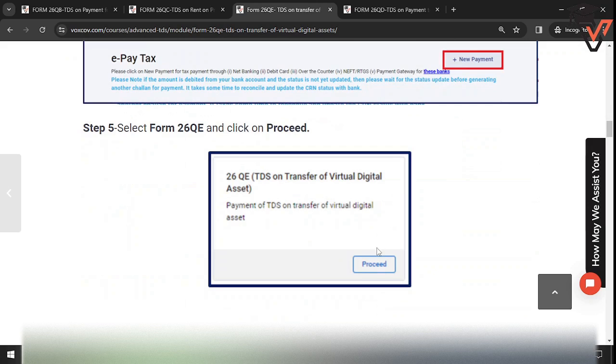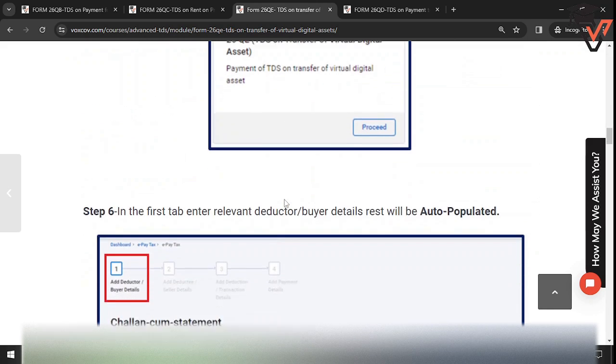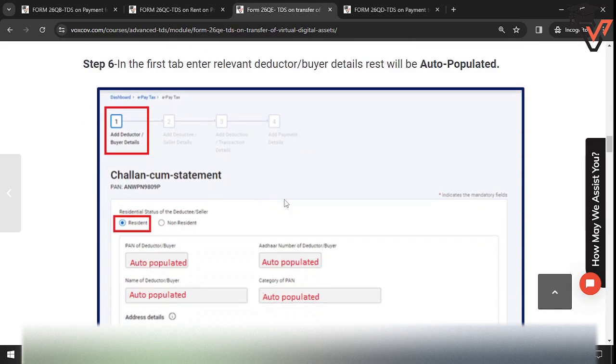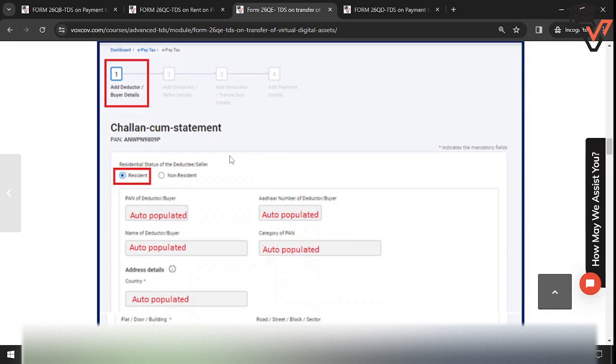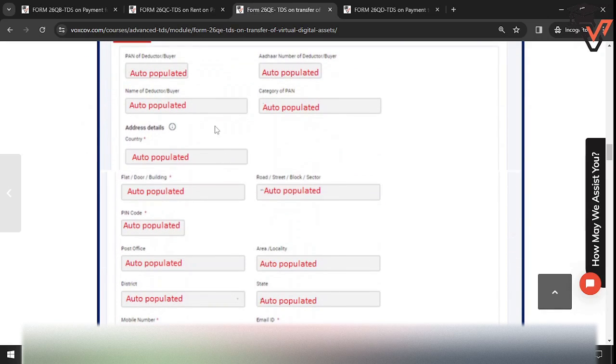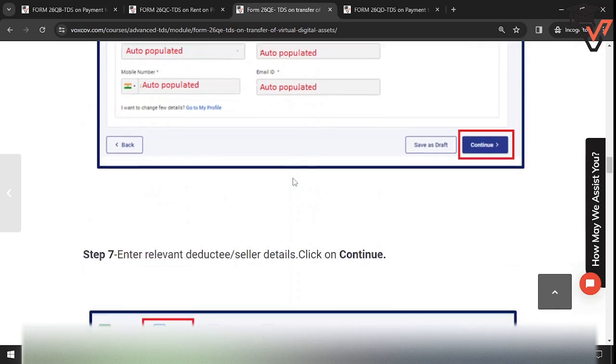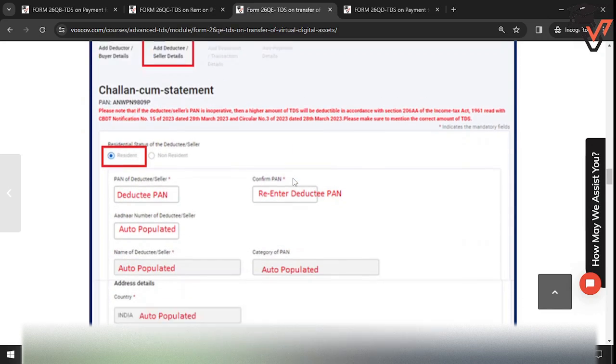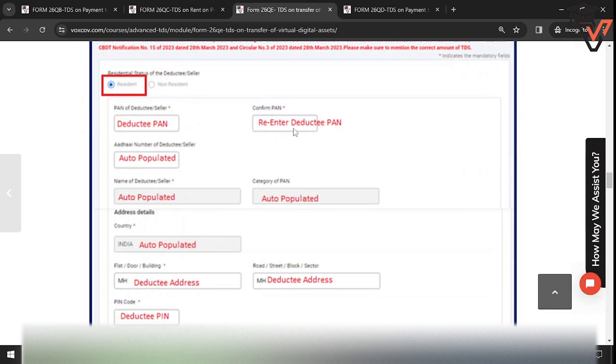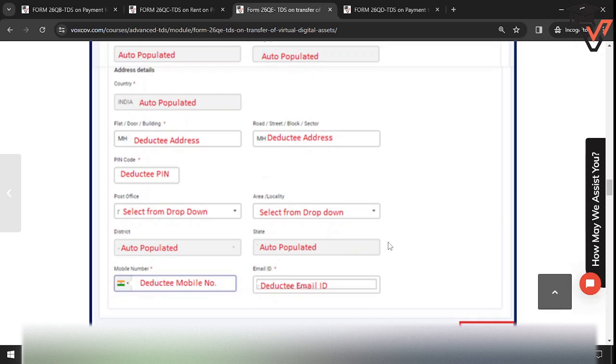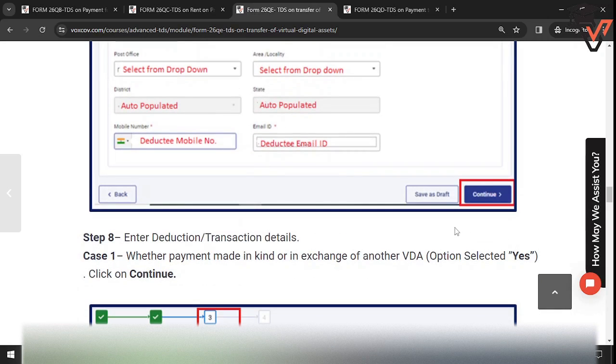After the new payment tab, you again get the 26QE form. In 26QE, this is a challan-cum-statement. Again, as the buyer, your details will be auto-populated. The seller, the deductee details need to be filled. Again, you need to re-enter the deductee PAN. Then the Aadhaar number is auto-populated. The address needs to be entered, and after entering all the basic details, you need to click